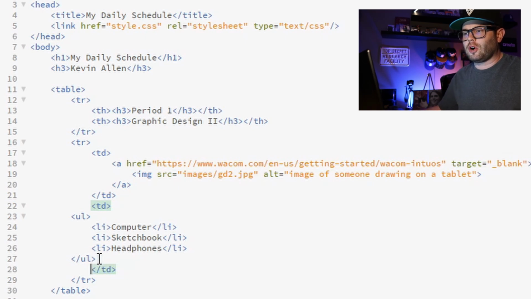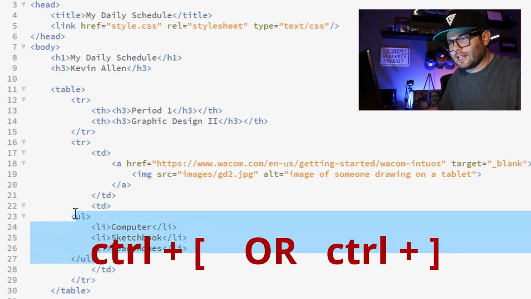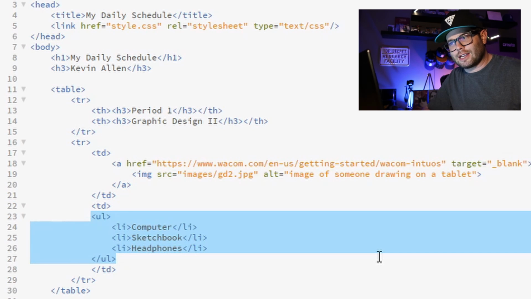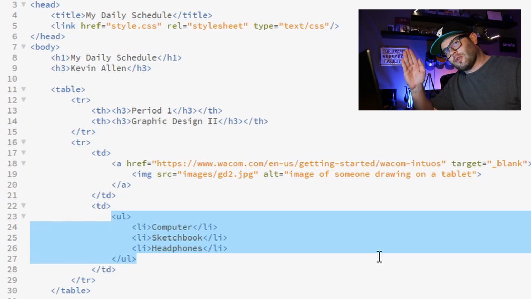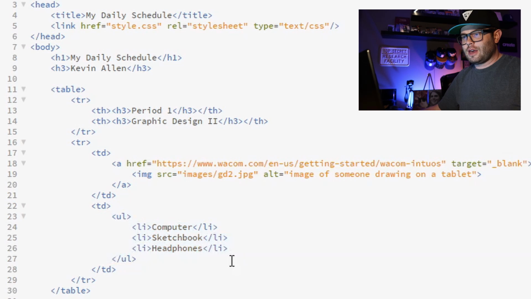Now I need to push all of this stuff over in the unordered list. Here's a little trick. You can highlight all of your text and then hit Control, right bracket, and that'll send everything over a few tabs. All right, so there's our first table. I'm gonna hit Control S,